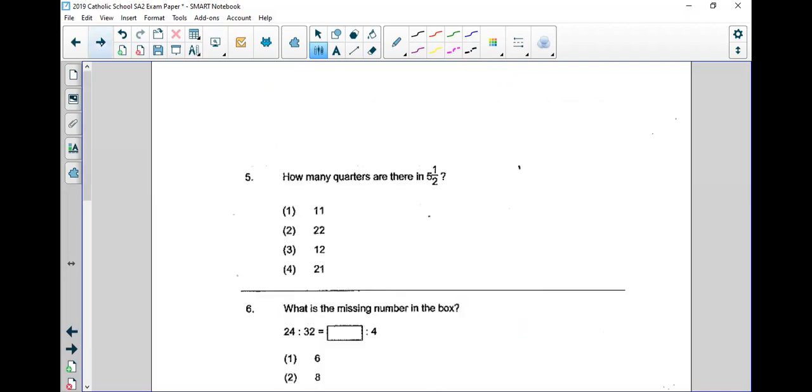I don't expect you to make the same mistake because all these are gone through already. Like this one, you should know how to do already, right? How many quarters? What's the answer first? Question 5, your answer is number 2. How many quarters means how many 1 over 4? When you see a mixed number,